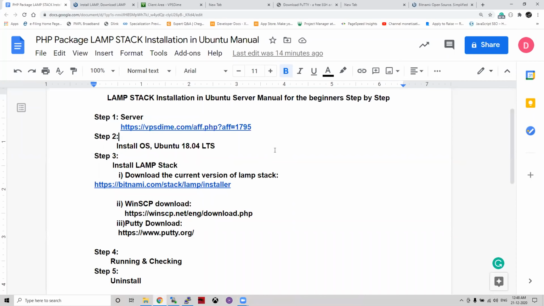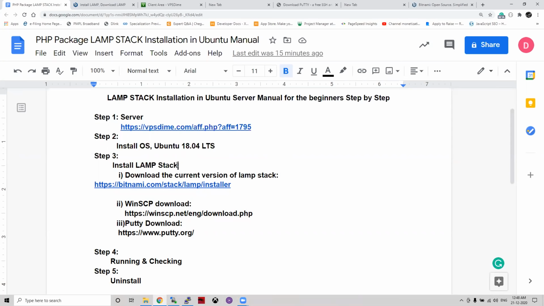For learning, $7 per month is a good amount to spend, and it is very good. It has root access also. You can have all the access to learn and do anything. Whenever a problem happens, you just flush the server and recreate the server again as much as you can. That much flexibility is already given by PPSDM.